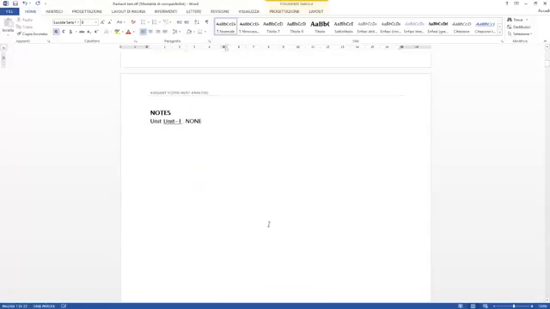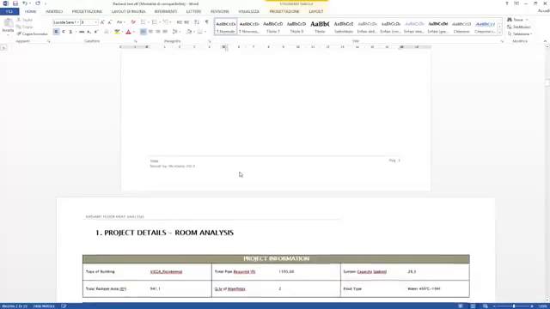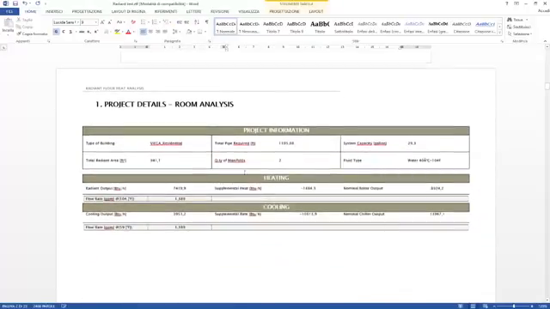Our second page is designated to notes, which in this case we'll just leave as the default as none. We have our table of contents, and we'll have our first chapter here as project details by room analysis. As you can see, our type of building is a Viega residential. Our total radiant area is 941.1 square feet. Our total pipe required is